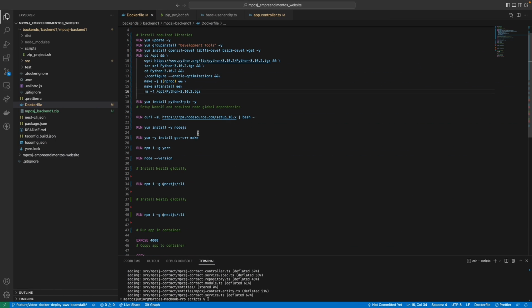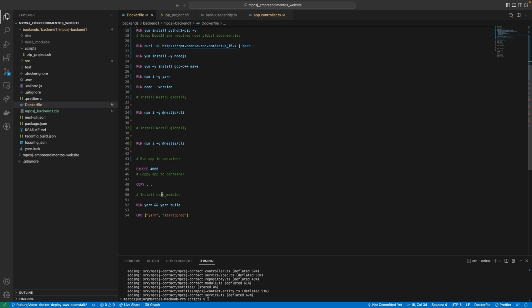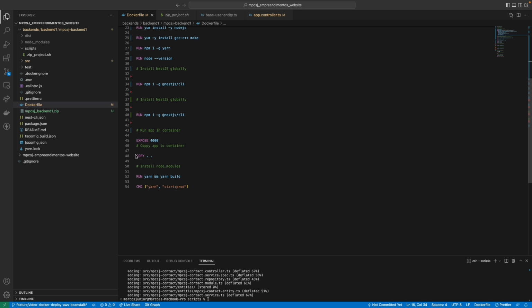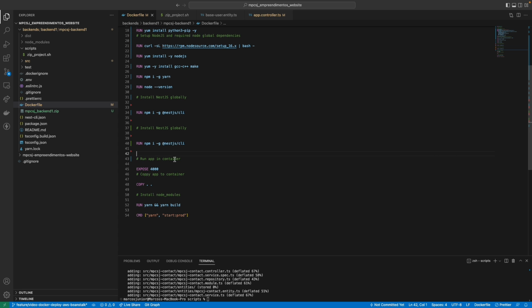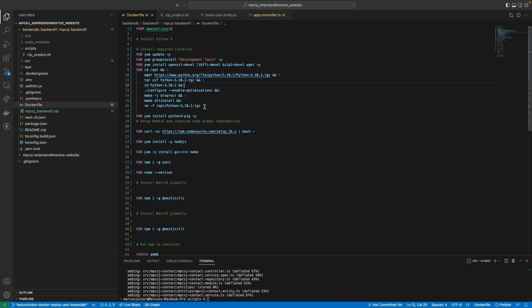This is the Dockerfile. I'm basically going to split this into two parts. So from the copy line to the end, this is what is dynamic, which means this is what exactly is related to my code, and previously actually from the expose line. So from line 45 and onwards, it's our project, and before this is the configuration for the machine. So I'm gonna copy this whole part here. Actually, I'm gonna cut,